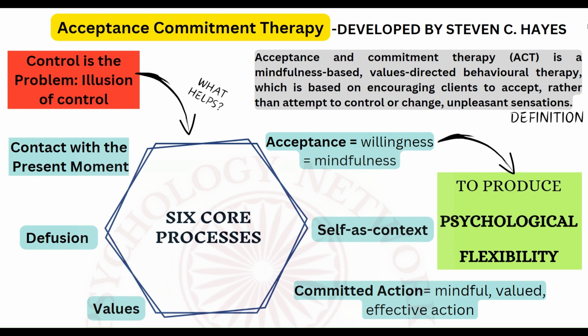We cannot control things. And what happens through these six core processes, after that, the person can be said to have psychological flexibility. Psychological flexibility, as in, if the person is in a bad situation, it's not really letting it affect the person. If the person is in a very good moment, he is again not letting it affect him so much. He's flexible, however the situation is, he's flexible in that he's not controlling it, he's just letting it be. That is your psychological flexibility.